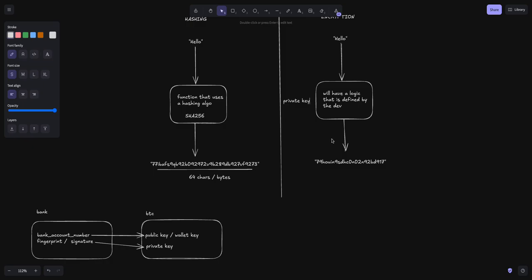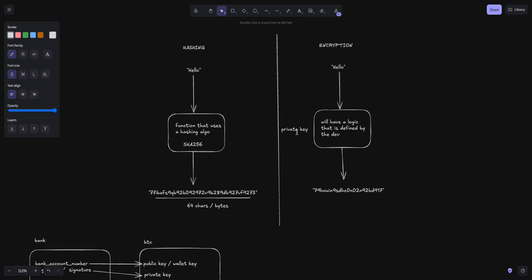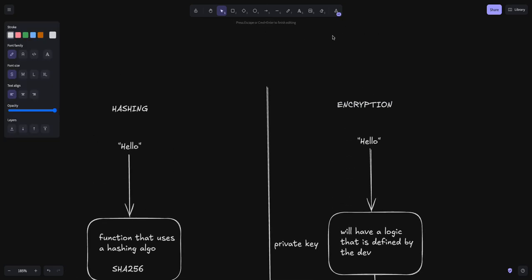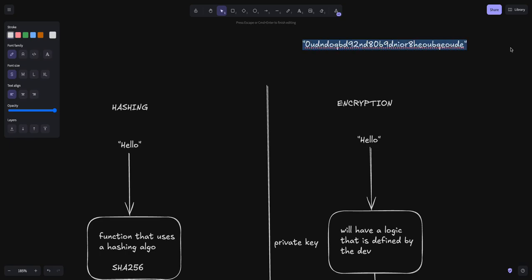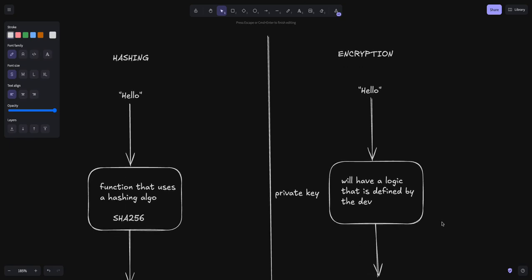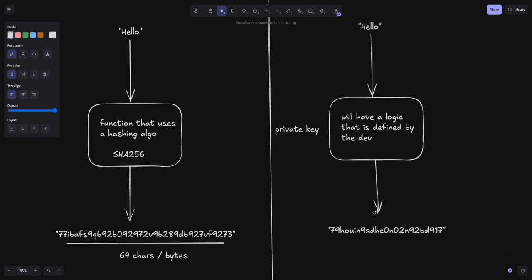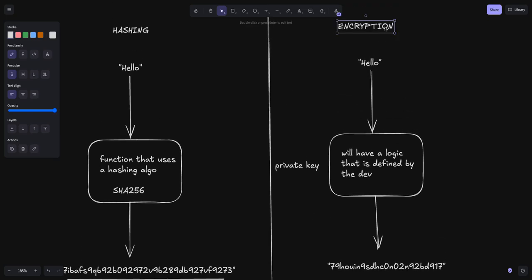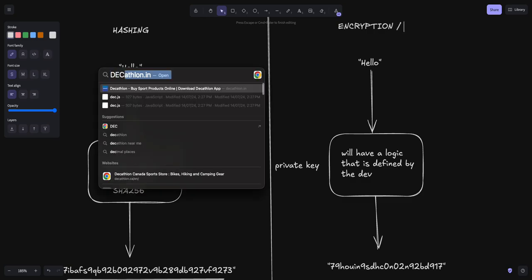thing in the bank here, right? So for encryption, you need a private key. With the help of this private key, how does this private key look? It looks something like this, but this is not actually how it looks. It looks a lot different, but it is nothing but a string. This is a private key, like let's say an API key. It is very important, right? So for encryption, you need a private key, but in encryption or decryption, whatever you want to call it,